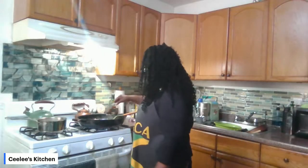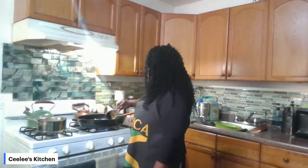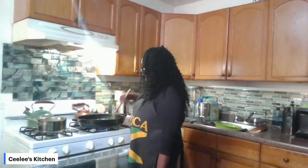So we're going to add our browning in the pot. Instead of using browning, because you know browning is a lot of sugar. It's really burnt sugar. So for the healthier version of this,